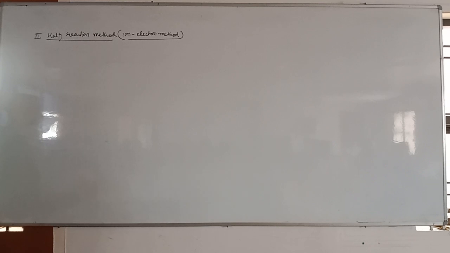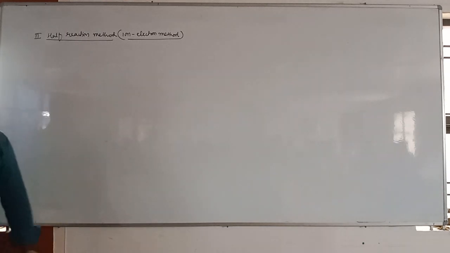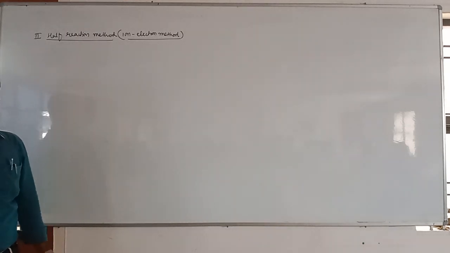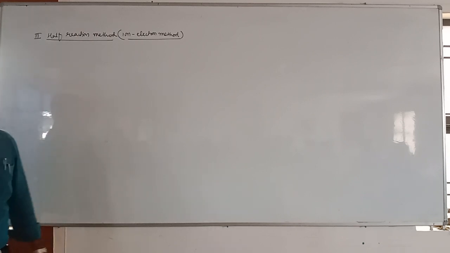But we also studied last class what is the difference between oxidation number method and half reaction method. Generally oxidation number method is more preferable for molecular reactions, but ionic equations can also be balanced. In the half reaction method, ionic equations are balanced, and molecular equations are not preferable. That's only one difference.